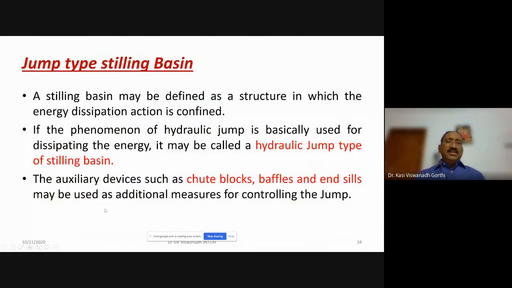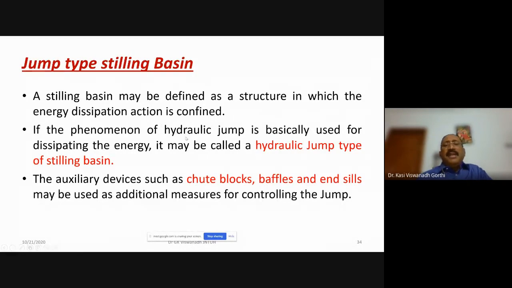A stilling basin. What is this stilling basin? We have seen about a solid apron which is being provided from the downstream foot of the spillway. So what is this stilling basin? Jump type stilling basin. A stilling basin may be defined as a structure in which the energy dissipation action is